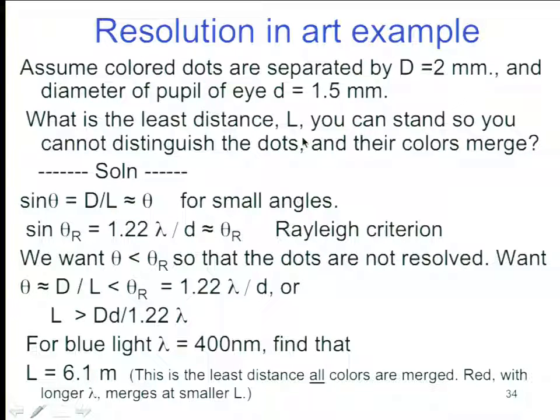That dot will produce an image, because of the diffraction of the hole, that looks something like this, with a dark spot at an angle given by the width of the eye, the diameter of the eye, and the wavelength of the light. And so you'll get an angle here. Now, the question is, how